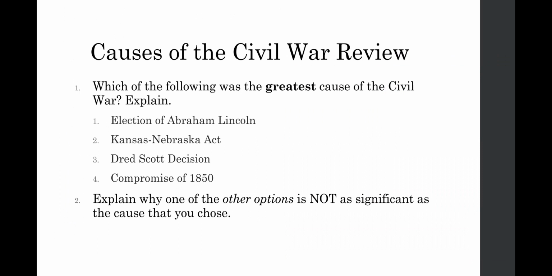The Compromise of 1850 is the thing that kind of throws this all in motion. I mean, it kind of polarizes the North and the South. So you could argue that that's important, but you could also argue that it was a compromise, so it might not be the greatest example. So things to think about. No right or wrong answer necessarily, but it's just about how you support it with the evidence and show your understanding of the time period.